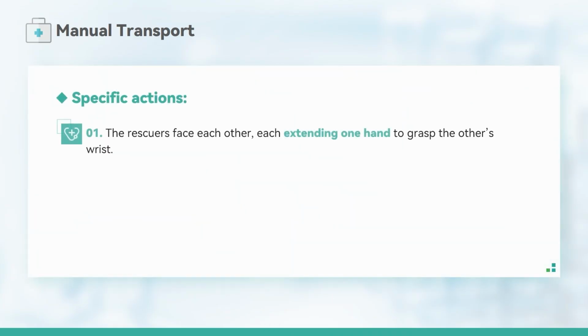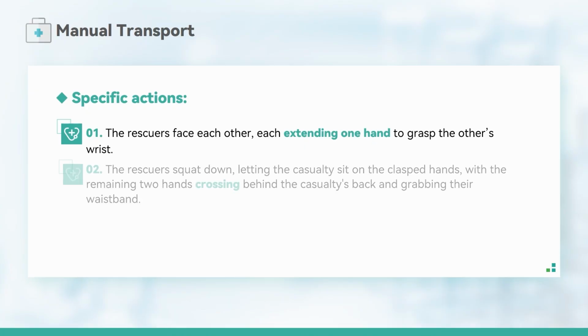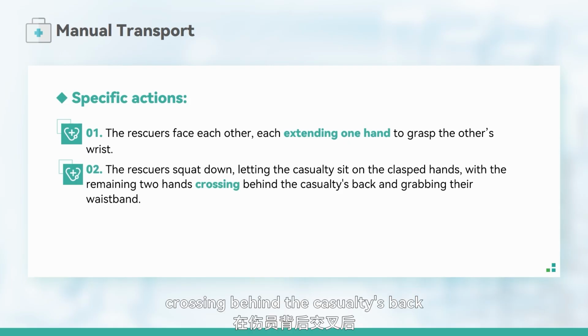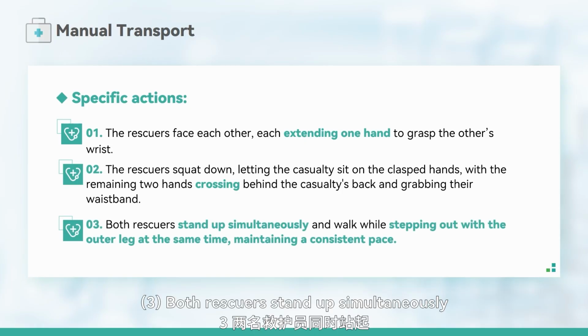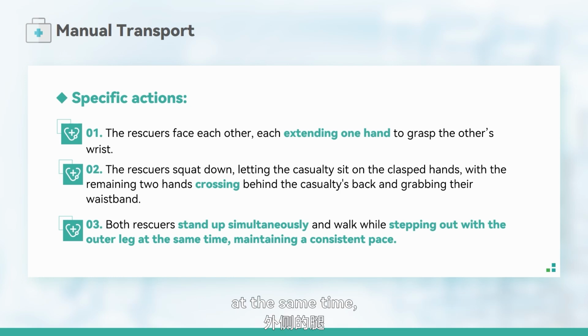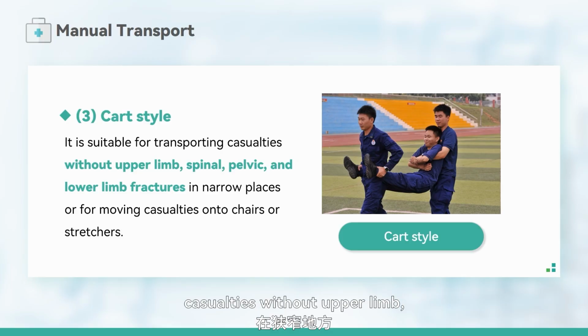Specific actions. 1. The rescuers face each other, gripping each other's wrists with one hand. 2. The rescuers squat down, letting the casualty sit on the clasped hands, with the remaining two hands crossing behind the casualty's back and grabbing their waistband. 3. Both rescuers stand up simultaneously and walk while stepping out with the outer leg at the same time, maintaining a consistent pace. Cart style is suitable for transporting casualties without upper limb, spinal, pelvic, and lower limb fractures in